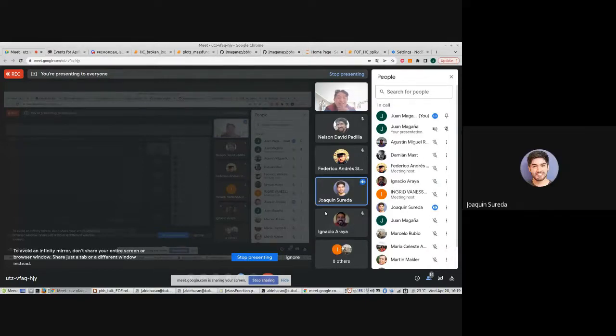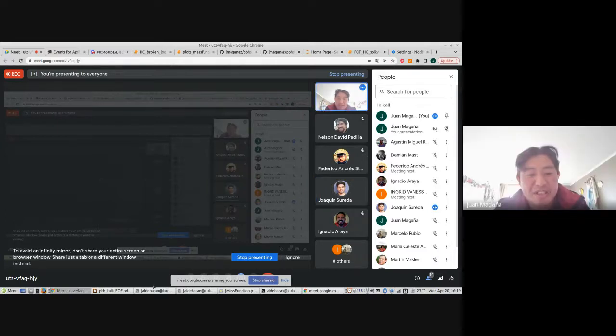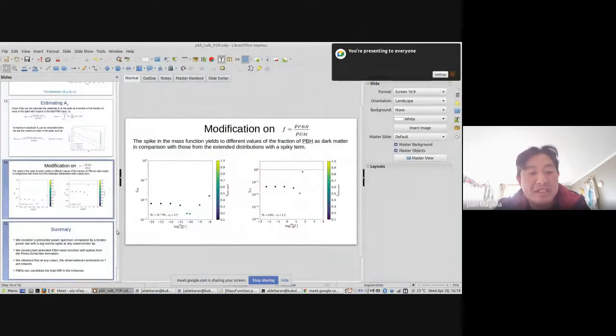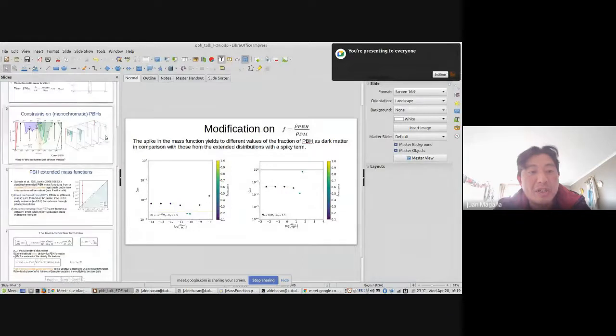But maybe, it's an idea, just to explain briefly how to do it, because it's just statistics in general. I don't know if you have the paper there. No, I don't have it. Okay, let me show. I don't include any slide about the method to translate monochromatic constraint to extended one, but we can